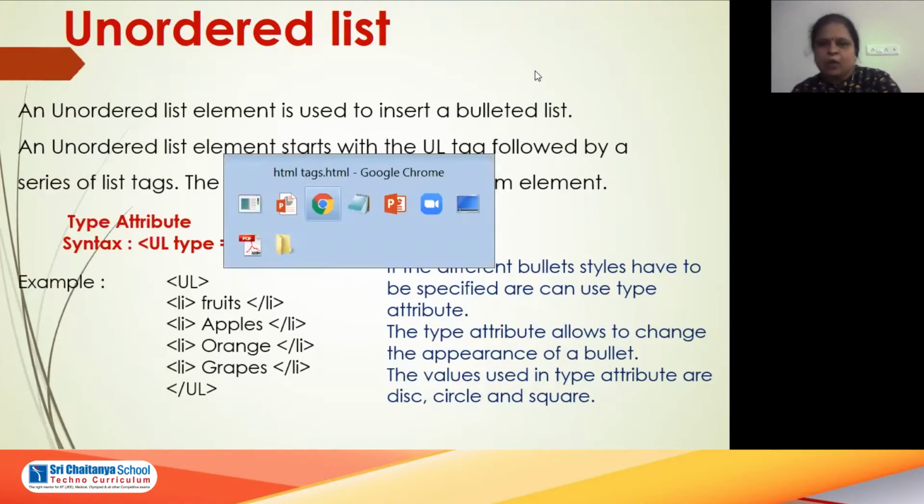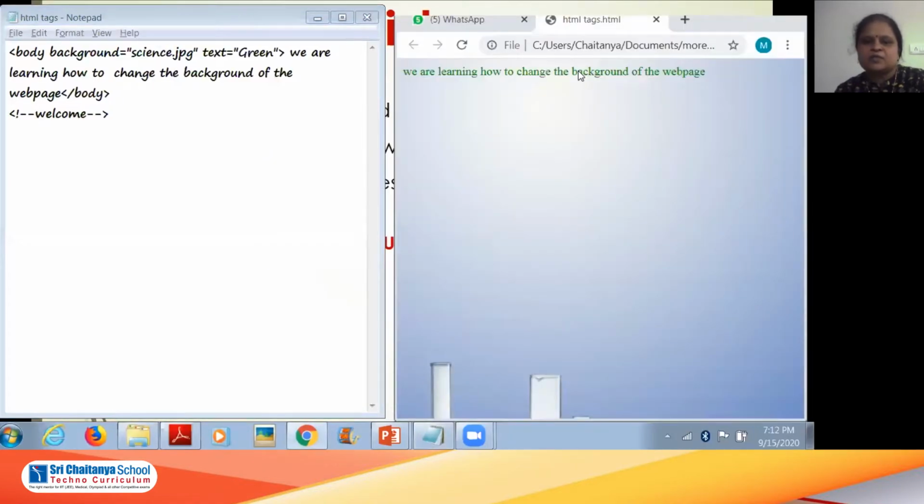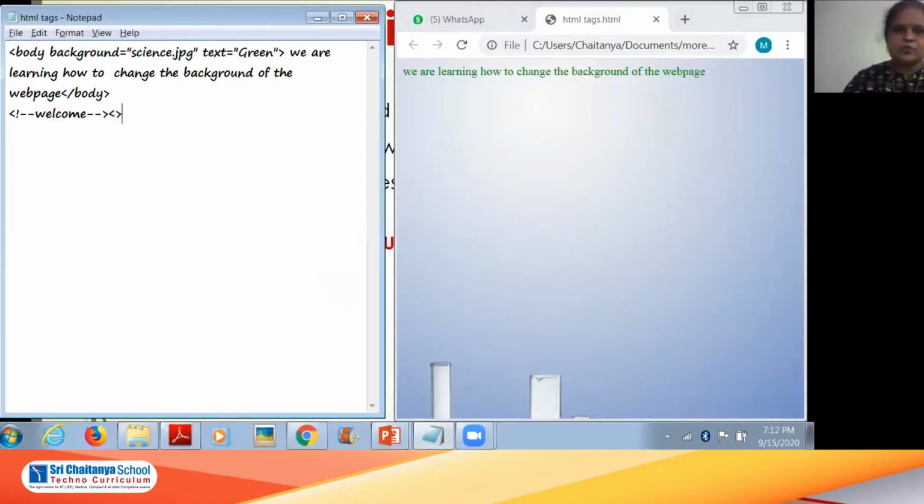Let us see how exactly it works practically. I will use BR to come to the next line, and here I will write font color is equal to, now by default what is the color? Green, right?